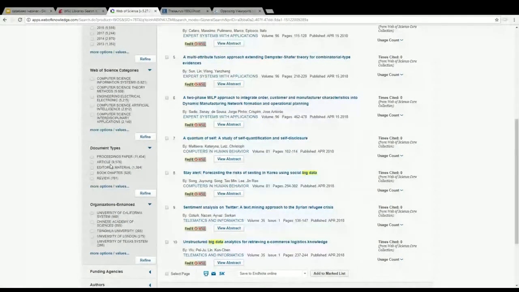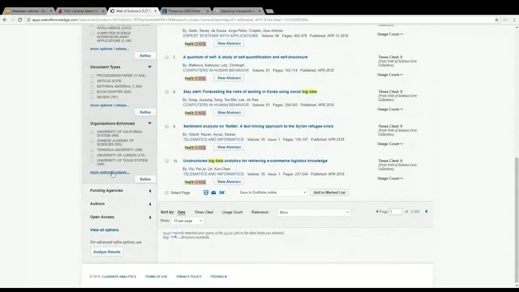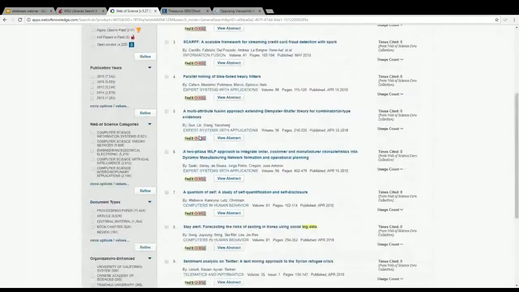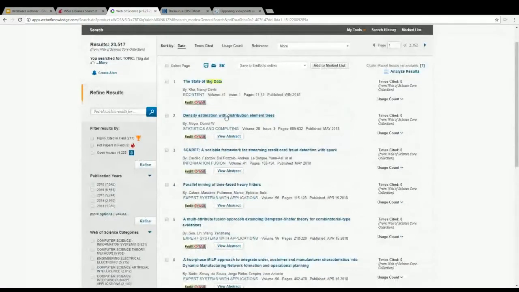And so there's journal articles and book chapters and things along those lines. And then it's really nice that it even breaks it down by organization. So, for example, the University of California system, they're working big time with big data stuff. And so maybe you just want to go in and see what kinds of things that particular institution is doing. And, you know, that's a really good way to get an idea of who's doing what within your particular field. So if you wanted to actually get into one of these, the Find It at WSU,